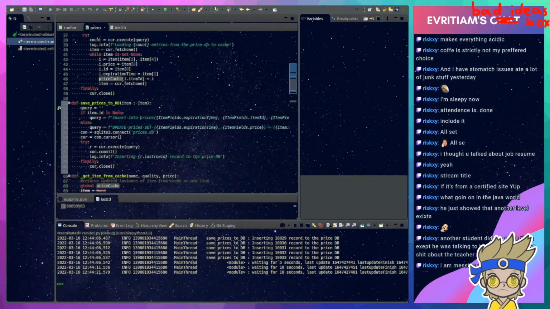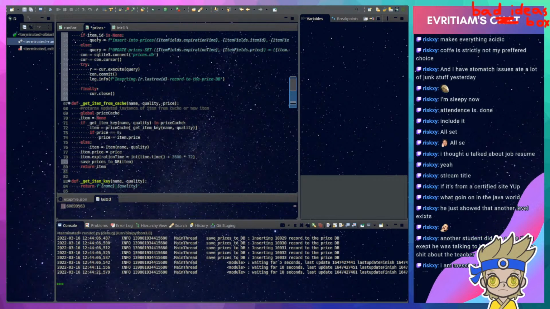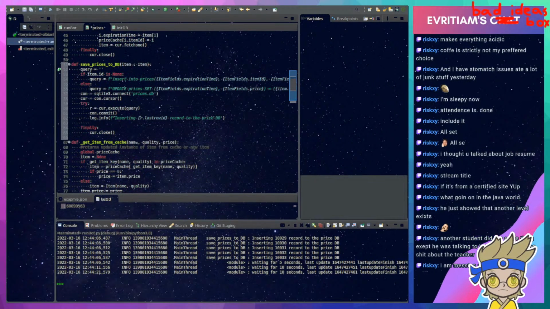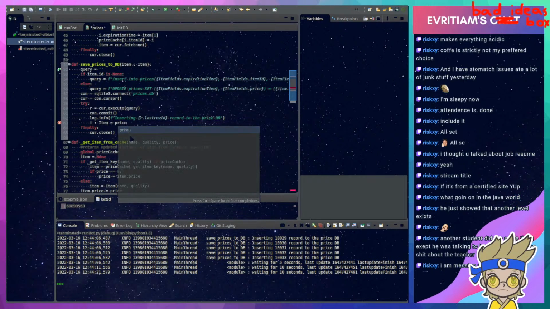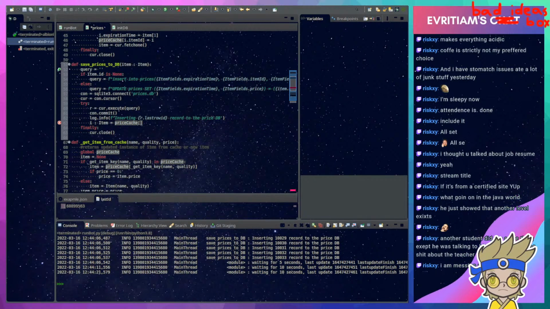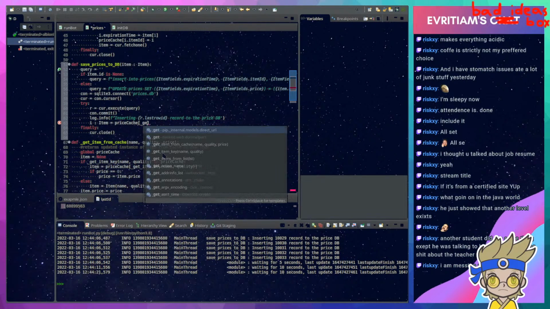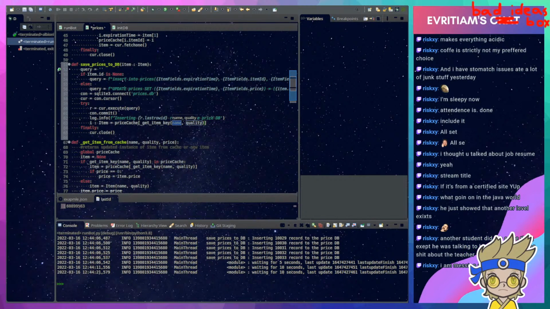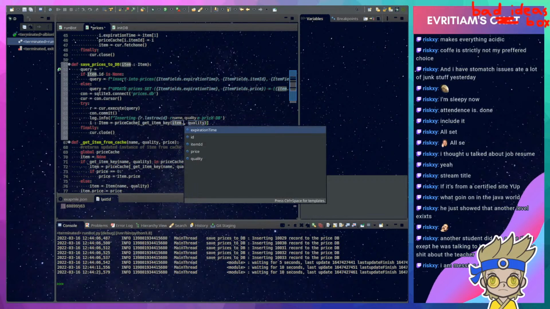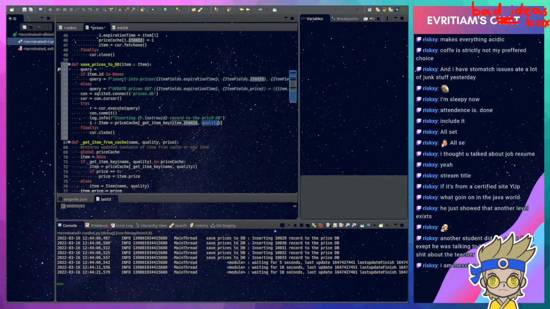So what I need to do for this to actually work, here I need to select an item, type item, from price cache, where ID is get item, passing along the name and quality, item quality. So this will give me the record